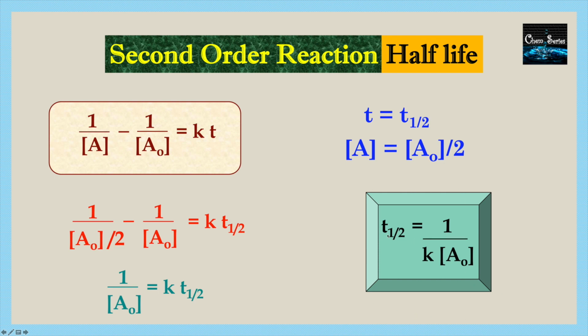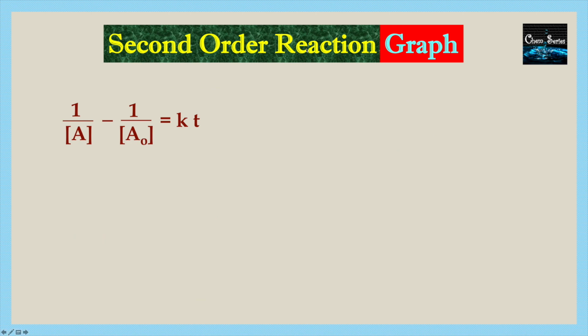And you see, half-life is inversely proportional to the initial concentration. Okay. And you already know that the half-life of the zero order reaction is directly proportional to the initial concentration, and the half-life of the first order reaction does not depend on the initial concentration, but for second order reaction the half-life is inversely proportional to your initial concentration. So all these relations you have to remember, because at any time of problem solving it can be useful for you.